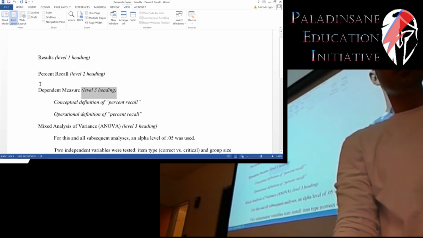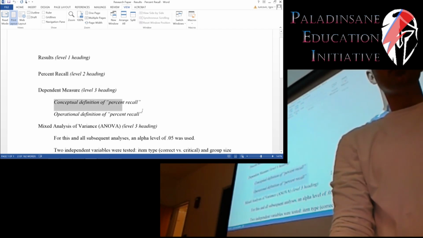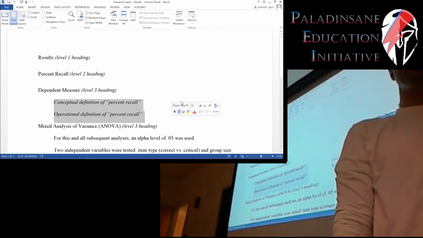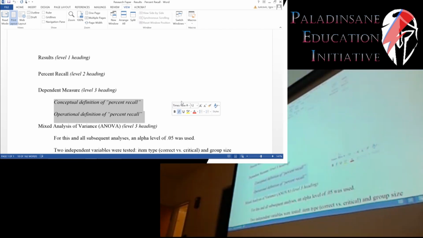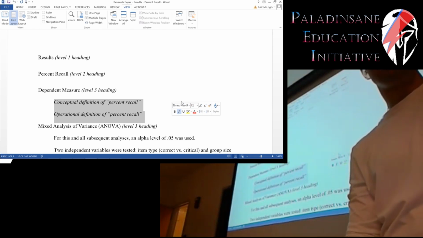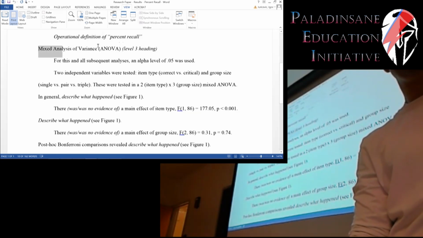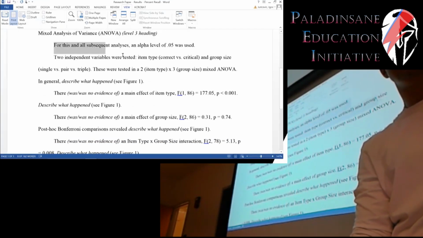So we are going to first define what the dependent measures are by providing both a conceptual definition of what type of memory we are measuring with percent recall, and an operational definition. How did we actually calculate percent recall? After that, we're going to report the mixed analysis of variance. I have some boilerplate